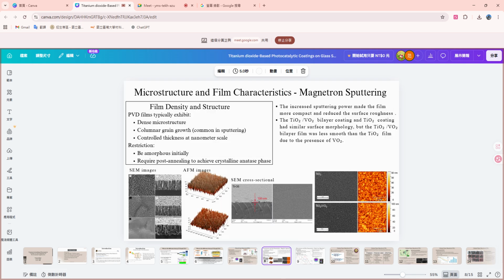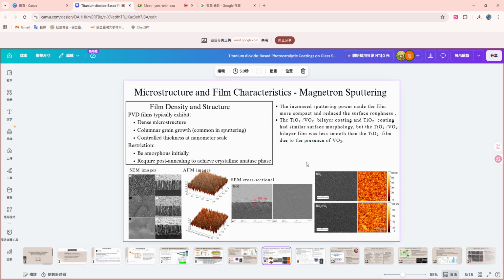Okay, and I will keep going to talk about the microstructure and film catalyst for magnetron sputtering. For the PVD part, the film density and structure are important. PVD films typically exhibit a dense microstructure and columnar grain growth, with thickness controlled at the nanometer scale. But they also have some restrictions: they are amorphous initially and require post annealing to achieve